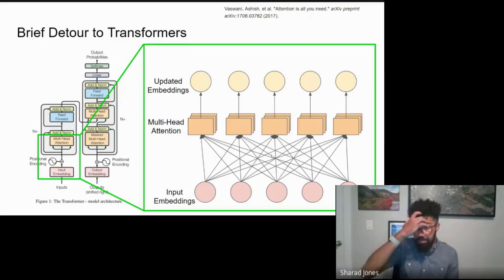And so to take a brief detour to transformers, because we've been hinting at it a couple of times, this is, on the left-hand side, just the original visualization of what the transformer looks like from the Attention Is All You Need paper. And then I just blew that up to dig into, at a high level, what's happening in that phase there. Really, this is the phase of interest, right? This is where most of the